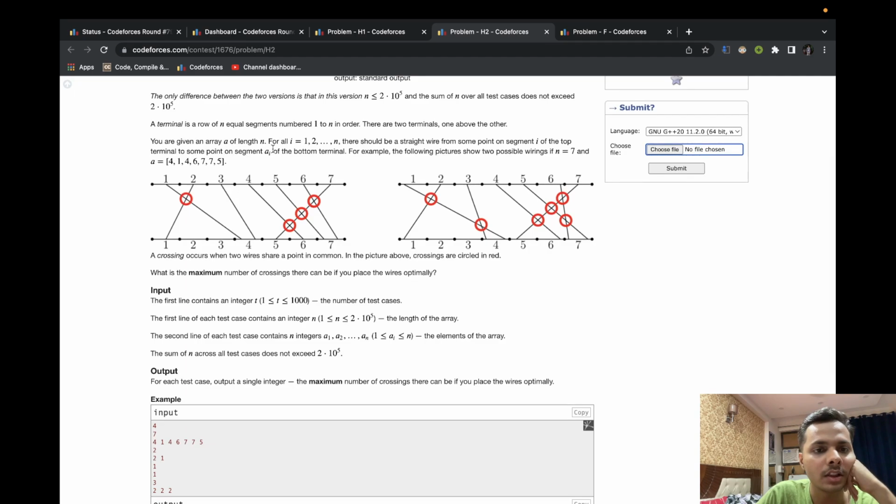You are given an array A of length n. There should be a straight wire from some point on segment I of the top terminal to some point on the segment A of I of the bottom terminal. For example, the pictures show two possible wirings if n is equal to 7.